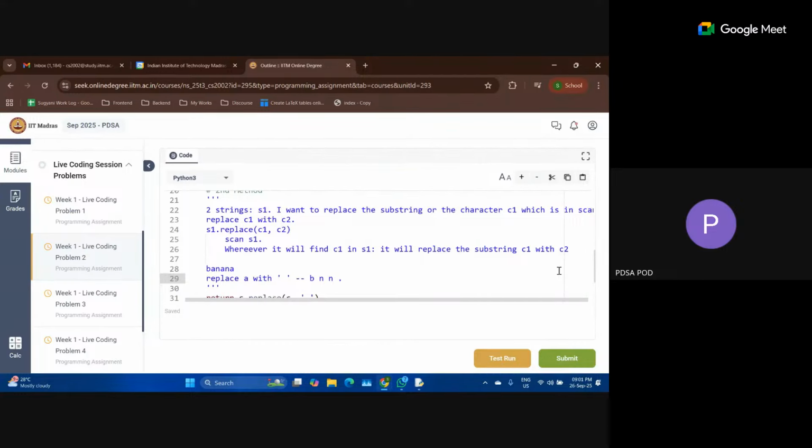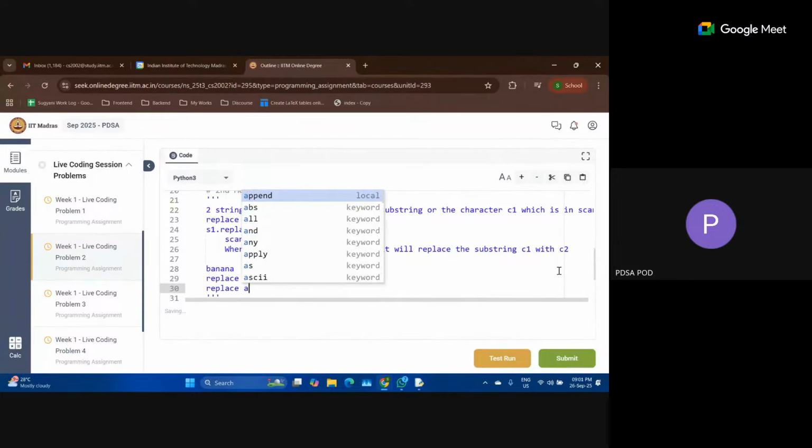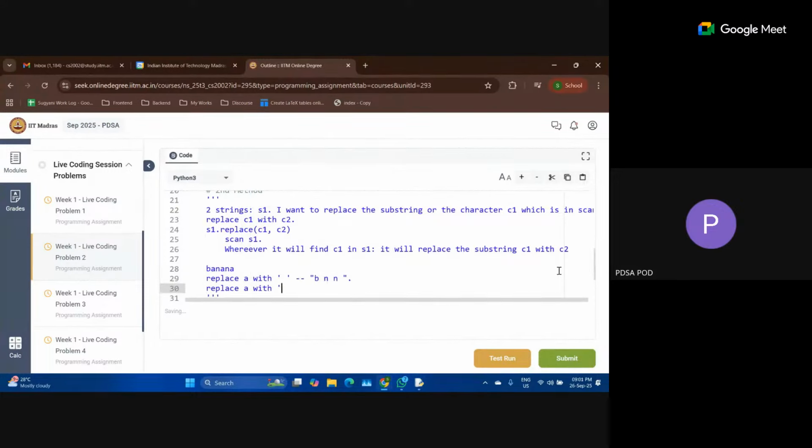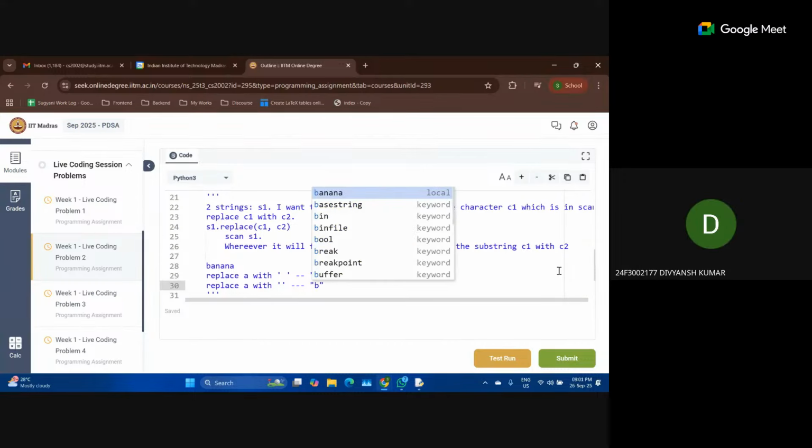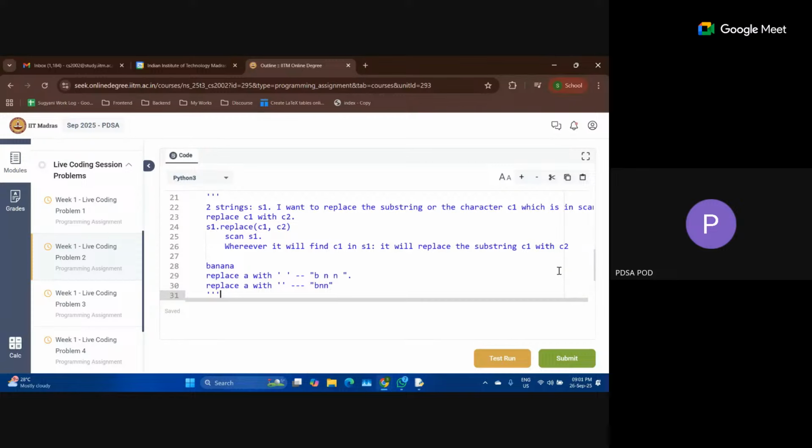This will be my output. But what if I replace A with nothing? Then I'll directly get BNN. So I'm just deleting A over here. Is that clear?